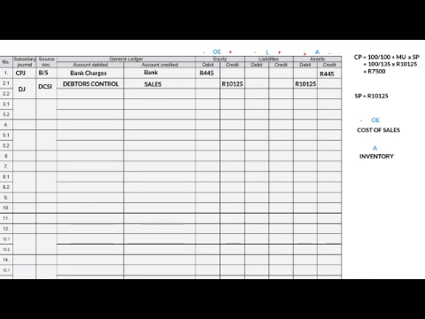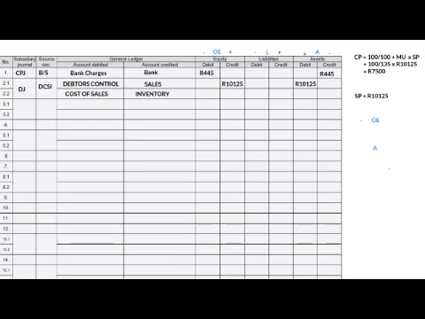Inventory is an asset. Because we are selling inventory, our inventory stock levels are going down, so it will also have a negative effect. So let's put this transaction now onto our worksheet using the cost price of 7,500 Rand. So cost of sales will be debited, inventory will be credited,